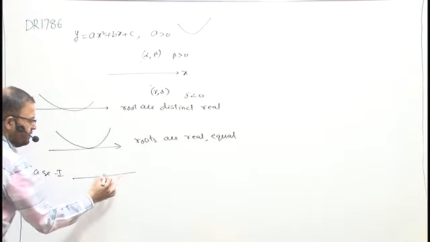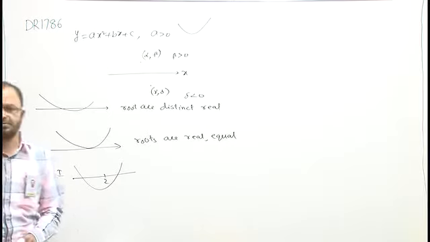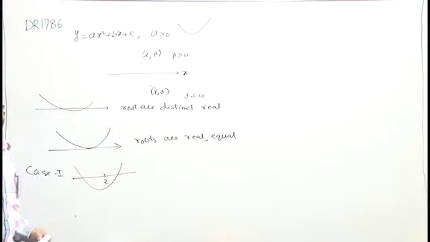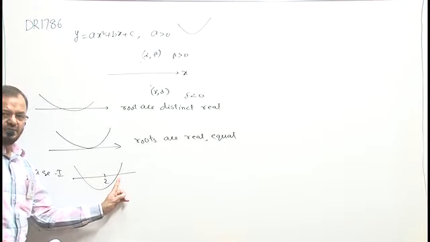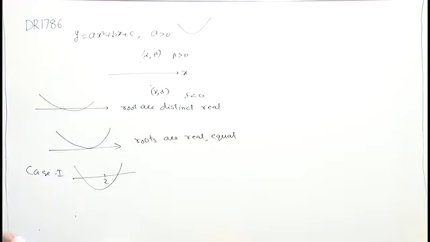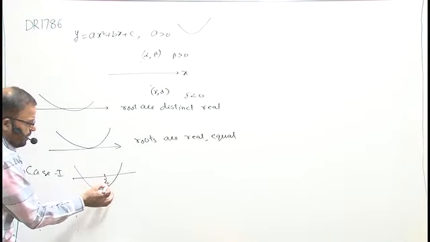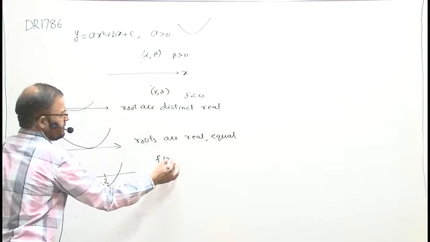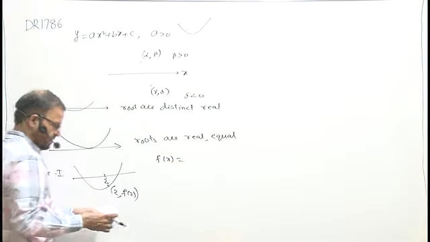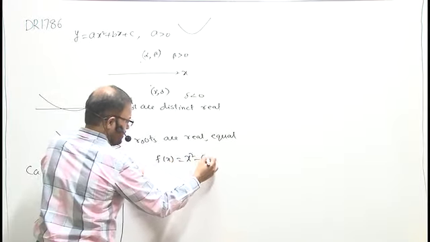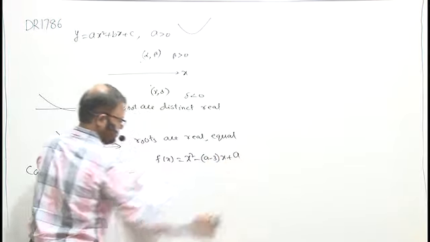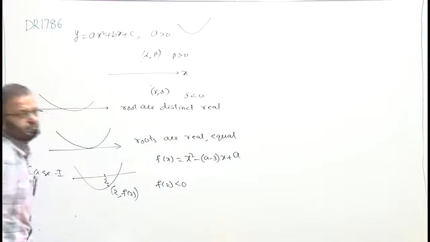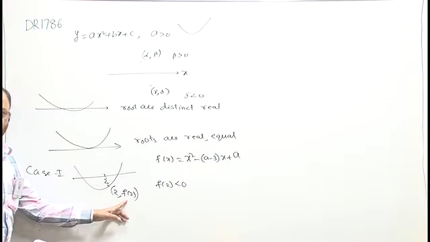where one root is greater than 2 and other root is less than 2. I can say that the graph will be something like this. If the graph is like this, here this is the bigger root greater than 2 and this is the smaller that is less than 2. I can say यहाँ से जो point मिलेगा that is 2 comma f of 2. I mean to say here it is f of x is equal to this given quadratic expression x square minus (a minus 3)x plus a. Now I can say that f of 2 will become negative. This is because the point is below x-axis.